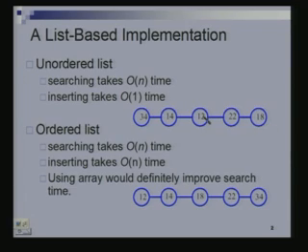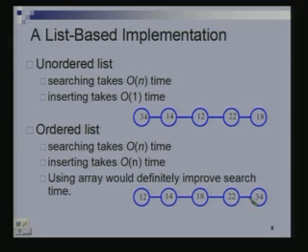Given the key 12, I will have to run through this entire thing to find the smallest key larger than 12. So, successor, predecessor, min and max will all take order n time. So, it is a fairly inefficient implementation. An ordered list, on the other hand, let us say we ordered the thing according to the total order on the keys.